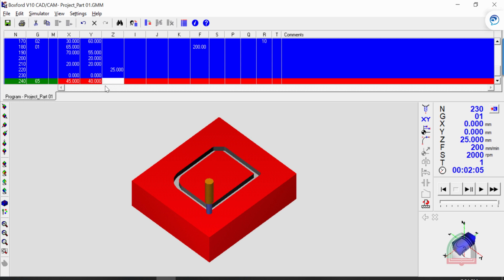Now the depth value, finally we are reaching -4. I'm giving it directly, so I will give the multiple depth option here in the Q and R. Okay, now there is one more option, that is the I and J. So here we are going to give the boundary of our pocket.